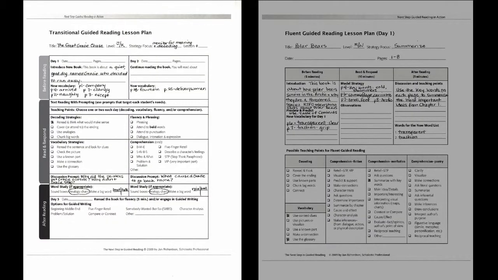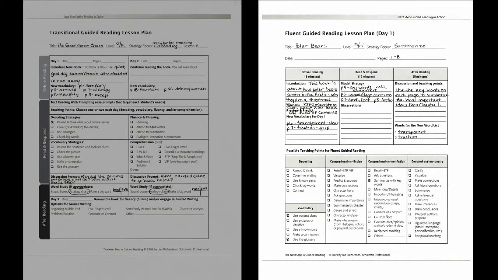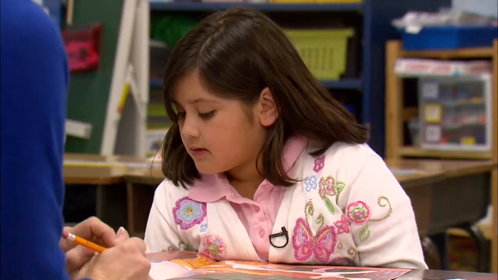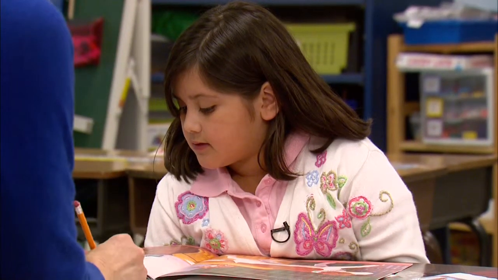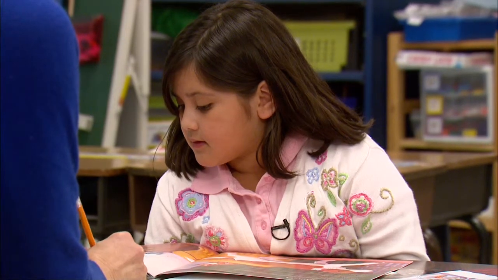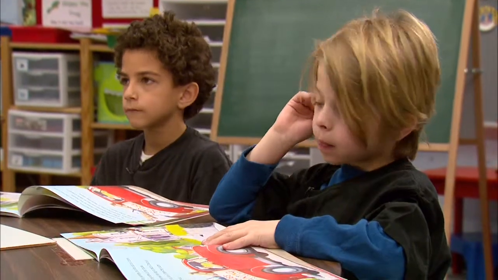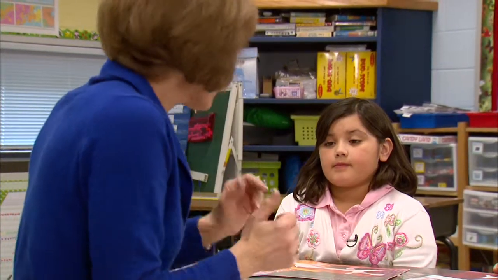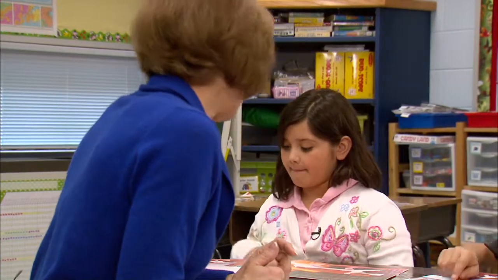In this lesson plan overview, I'll show you how to use your assessment data to plan and execute a transitional guided reading lesson. I'll also include tips for handling readers who are ready for fluent lessons. For transitional and fluent readers, a leveled passage with comprehension questions is your most valuable assessment. However, you should also consider student responses during small group lessons and individual conferences to determine the text level and